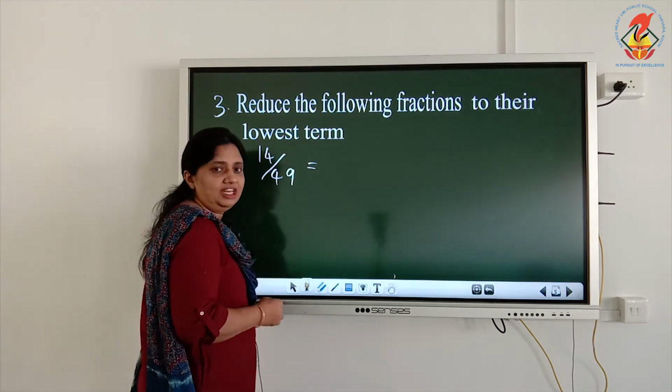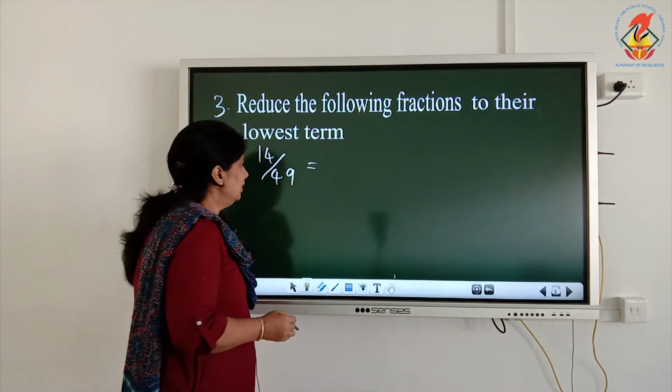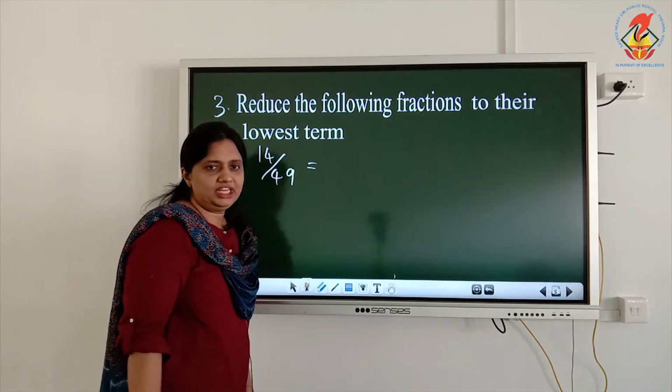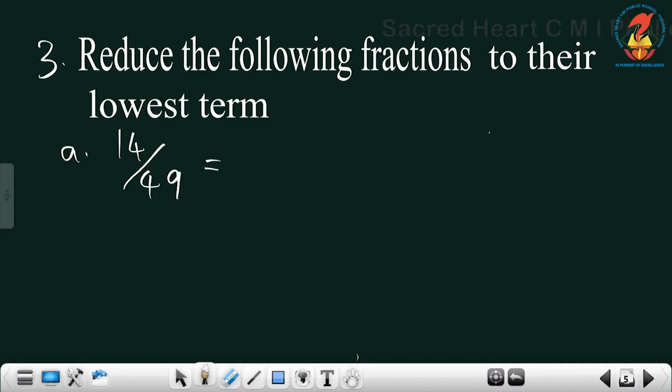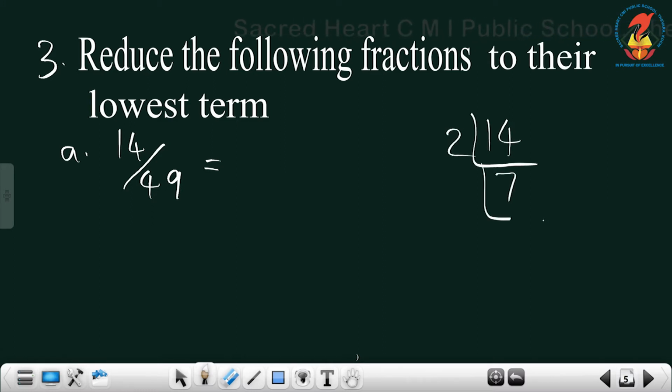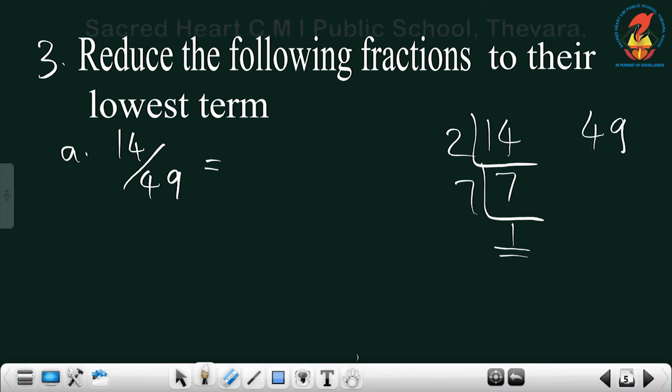Okay. That I gave in the last video also, right? Okay. And 14 divided by 49. First we need to find what? HCF, right? We can do it by division method. That is 14 equals 2 7s are, then 7 1s are. Okay. After that 49. And can you tell me one prime number? You can start it with a prime number.